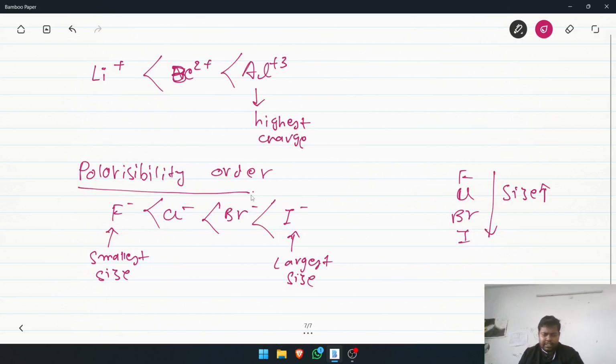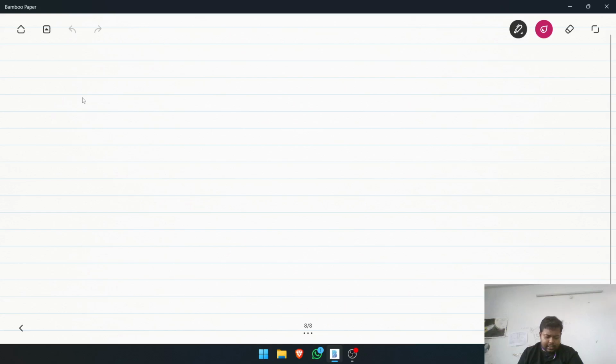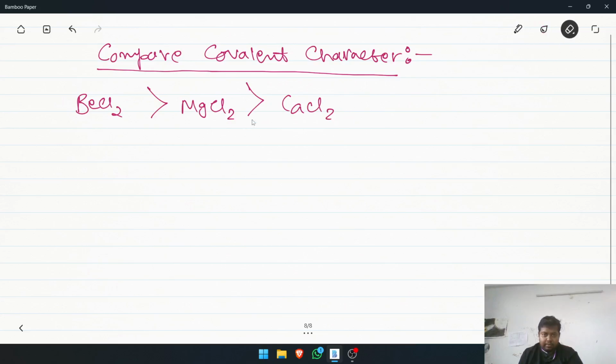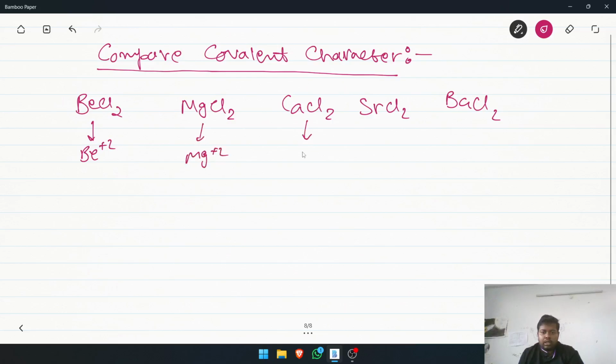So one more question I want to demonstrate, if there is a question like compare covalent character for BeCl2, MgCl2, CaCl2, SrCl2 and BaCl2. See, here the anions are all the same, chlorine, but the cations are different. Here the cation is Be2 plus, here is Mg plus 2, here is calcium plus 2, strontium plus 2, and barium plus 2. Now we have to find which has more polarizing power,